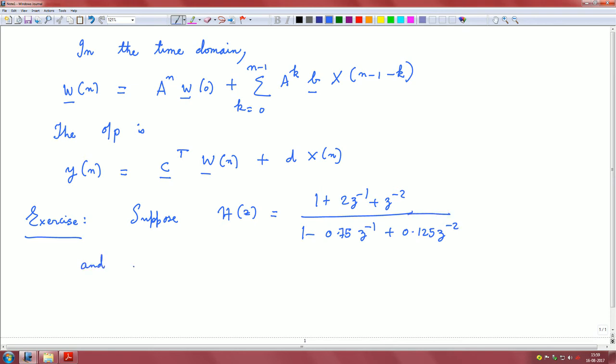And suppose you have x of n is (1/2) power n u of n. Obtain the state variable representation